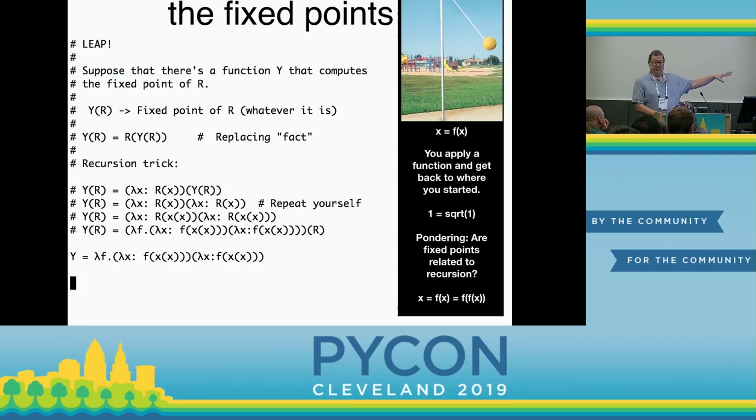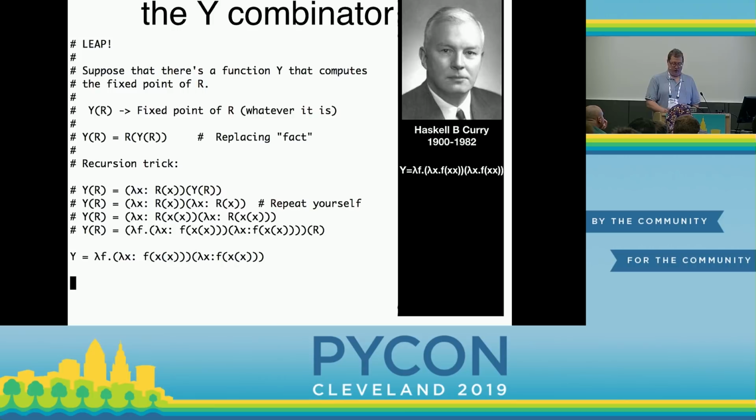This thing that we're deriving here is known as the Y combinator. As far as I can tell, it's an invention of Haskell Curry. It is a device basically to do recursion in functional languages without having self-references. It's a little hairy to derive that, but it's basically based in this fixed point idea, and the way that you use it